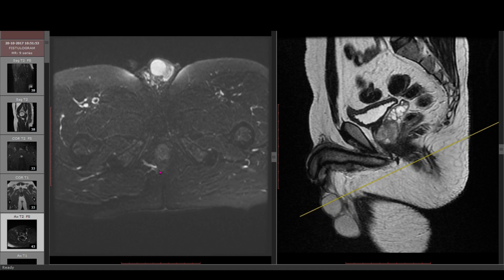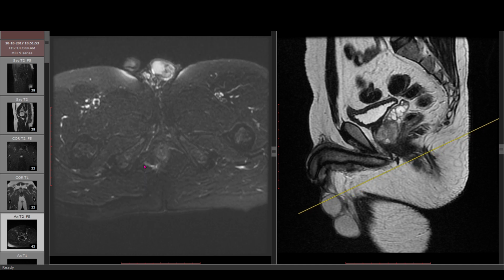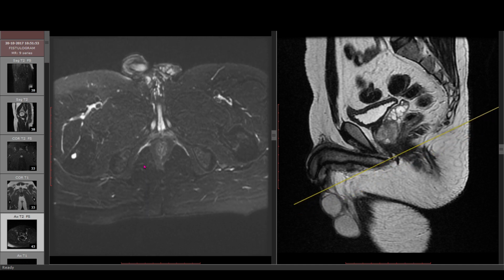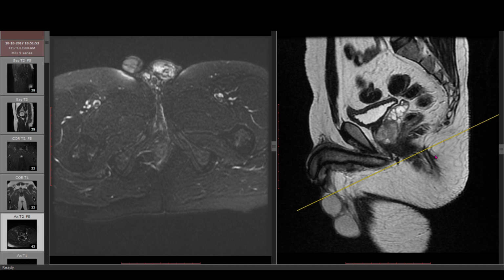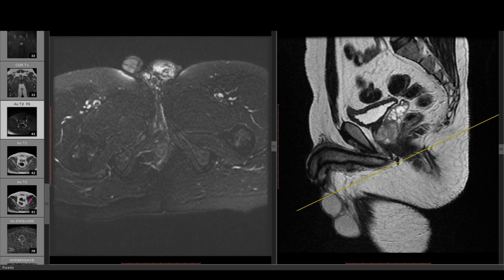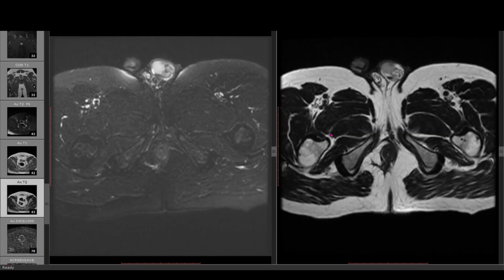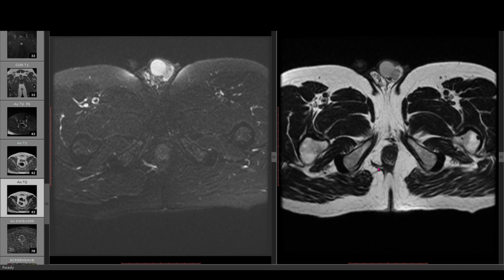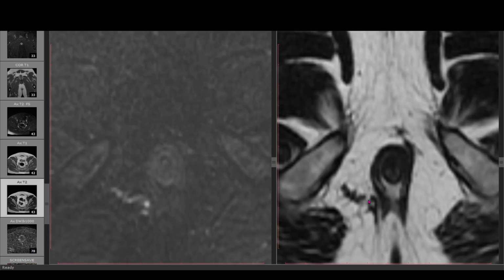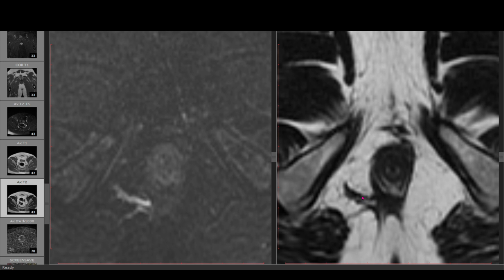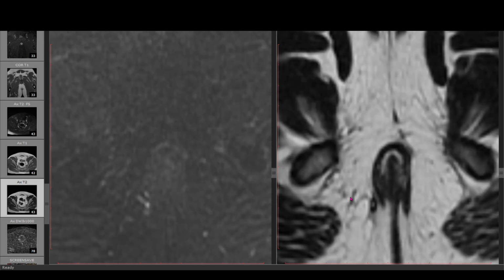So when you come upwards, you can see there is an additional blind ending branching pattern here. Very often you may mistake it as a vessel, but no, it is not a vessel. It is an additional track, which you can confirm by seeing it in axial T2 weighted images, because the track will have a definitive hypointense lining lateral to it. I will just zoom the case so that you can see it. You can see here the track has a hypointense wall. Okay, so this is a chronic fistula.